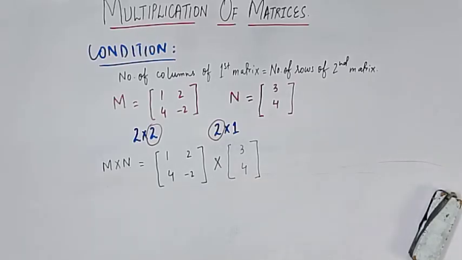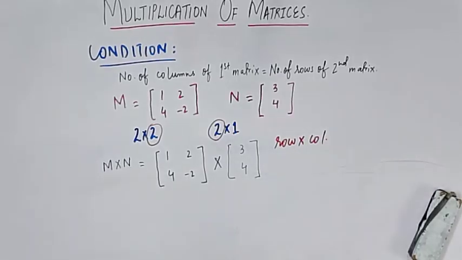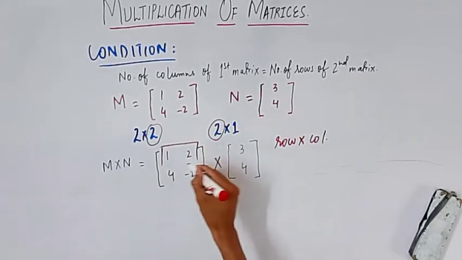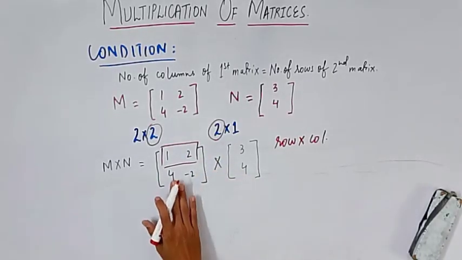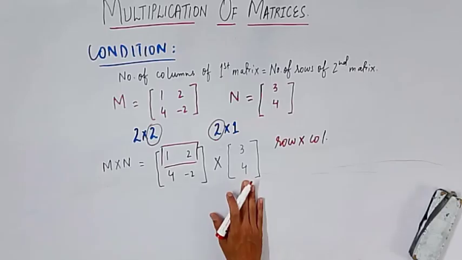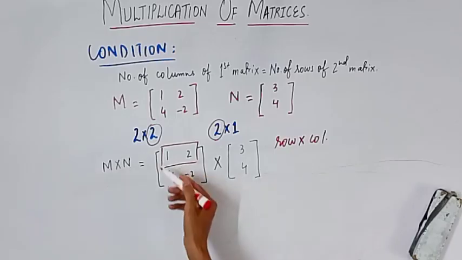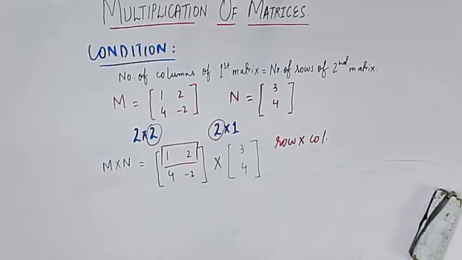Now understand one by one. For the multiplication of matrices, after fulfilling the condition, always multiply row into column. Your first row of the first matrix will multiply with all the columns in the second matrix. Right now there is only one column. If there are more columns, then we will multiply the first row of the first matrix by all the columns in the second matrix. Here there is only one column, so let's do it accordingly, and then we will see what happens when other columns are there in the next question.